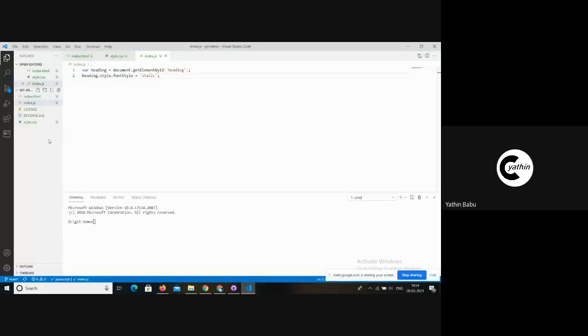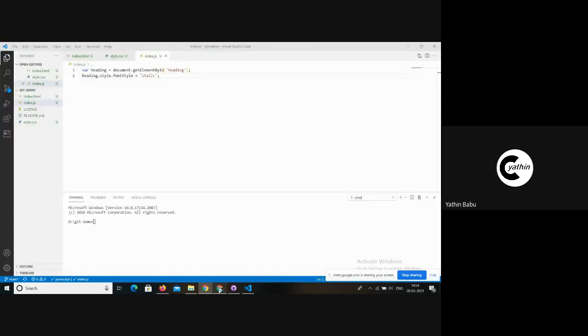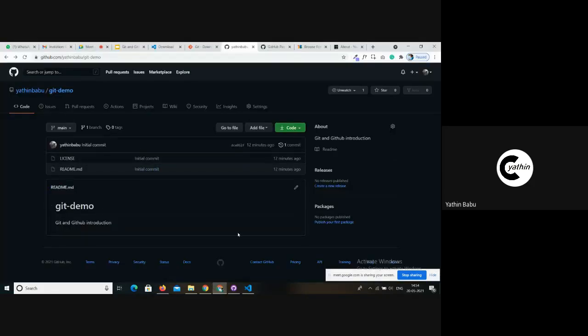So this is the initial change that we have done to a remote repository. But the content that we have right now on our local machine won't change any source files that are already present in the repository hosted on GitHub.